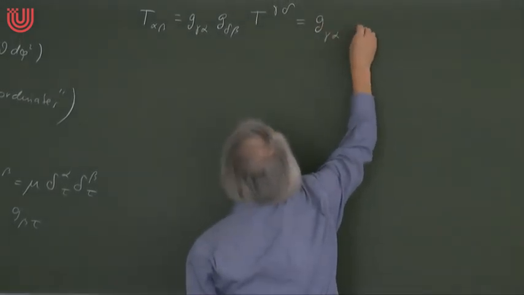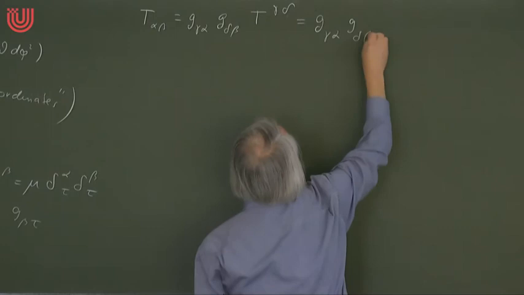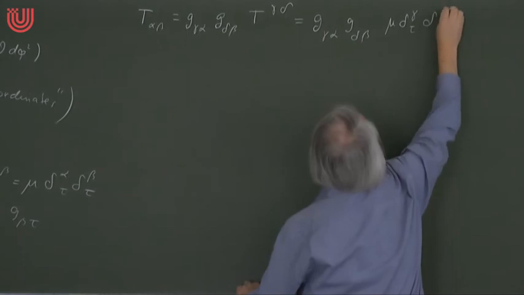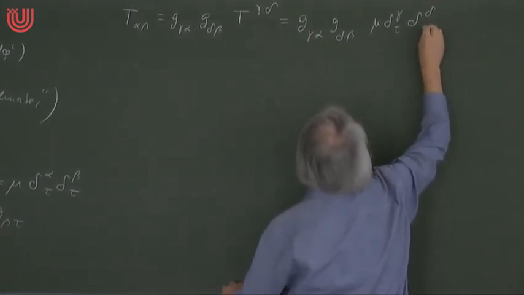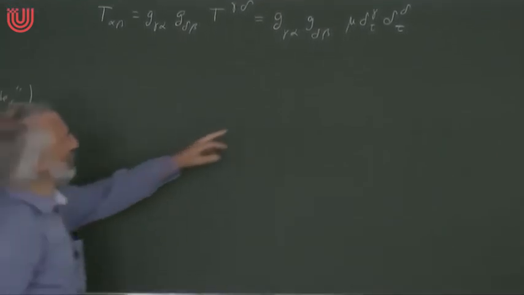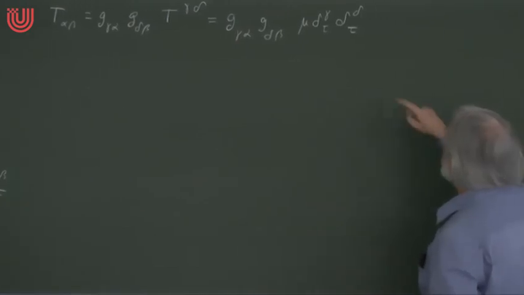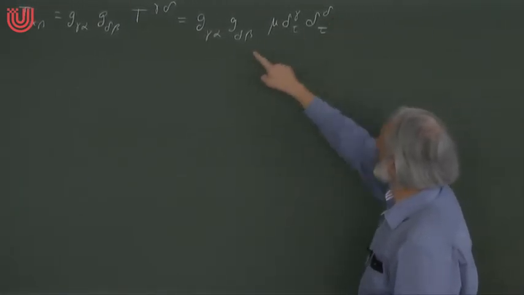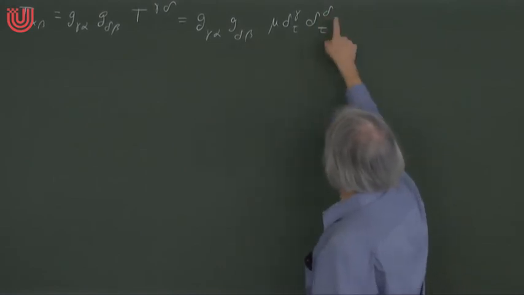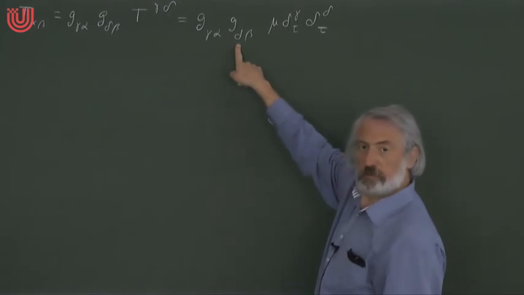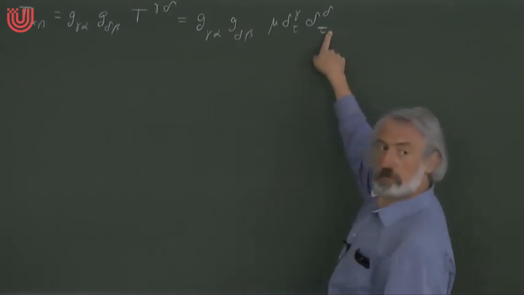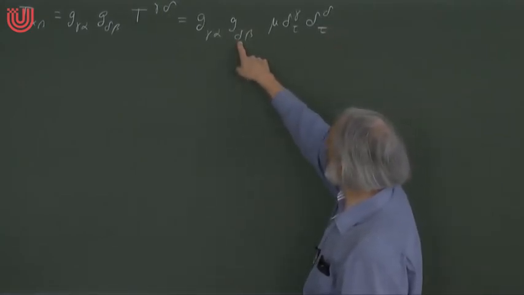g gamma alpha, g delta beta. So this was mu, delta, gamma tau, delta tau. Oh my goodness. I should use a different letter. But I hope you don't confuse the index delta with a Kronecker delta. And what is the Kronecker delta doing? If you have a summation, look at this term here. g delta beta delta tau. So you have a summation over delta. So only one of these terms in the sum is different from 0. Namely the one when delta takes the value tau. So it picks out the term where the delta is tau.